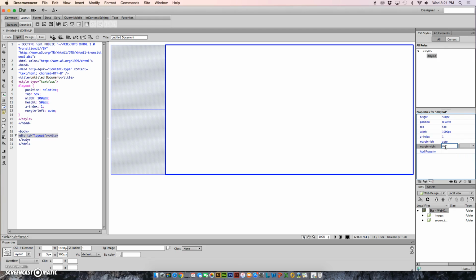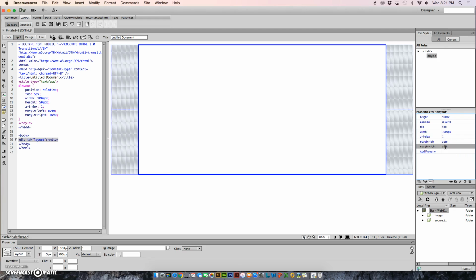Oh, I have to type it. My bad. There we go. So I can actually see how my div is centered on my page, and it shows me the margin here on the side. Okay? All right, so the next div that we're going to put in,